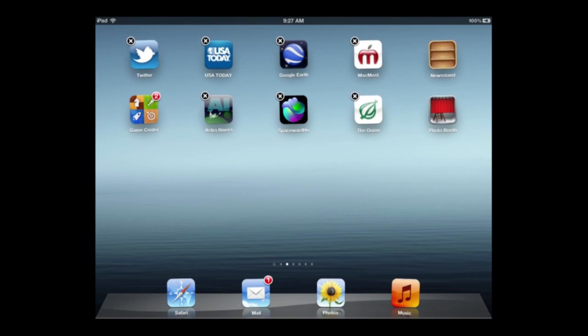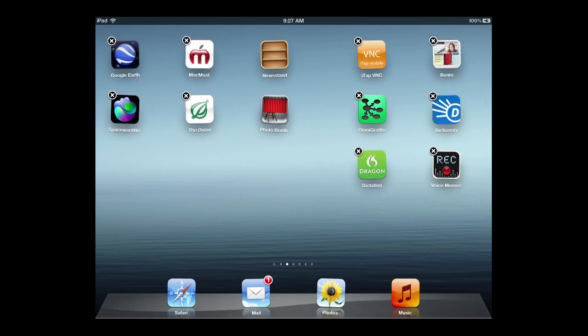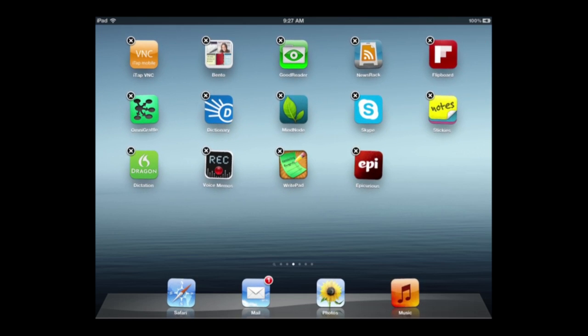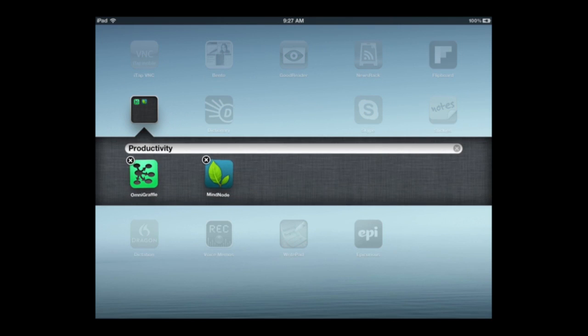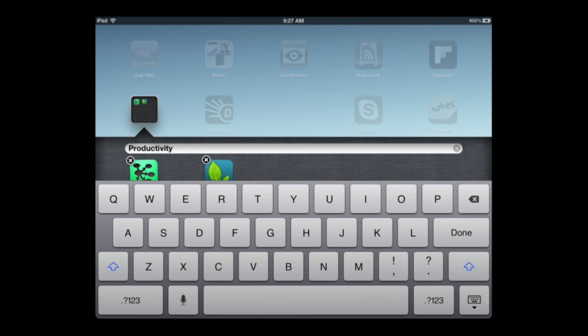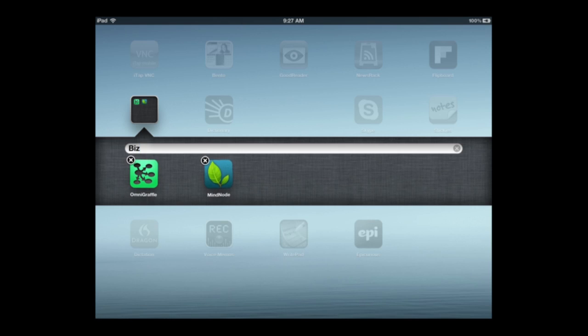Now the other thing you could do is you can swipe back and forth while you're still in that jiggle mode, and you can drag and drop one app onto another to create an app folder. So for instance, if I wanted to take these two apps, I drag this one on top of this, it'll create an app folder. It'll give the app folder a name. It'll guess based on the categories, but I can tap in that area there and change it to anything I want, and then tap done,